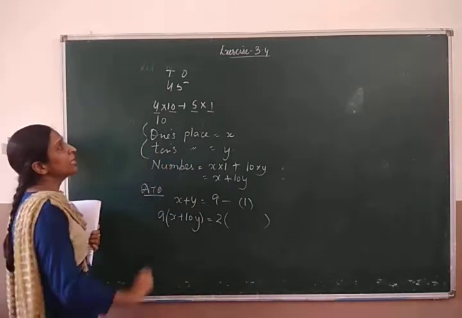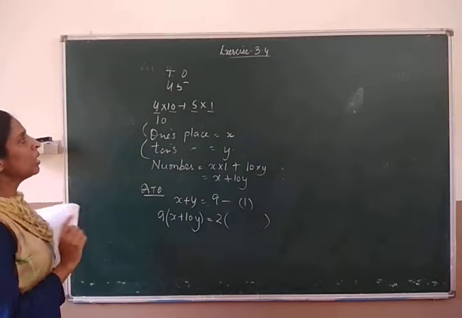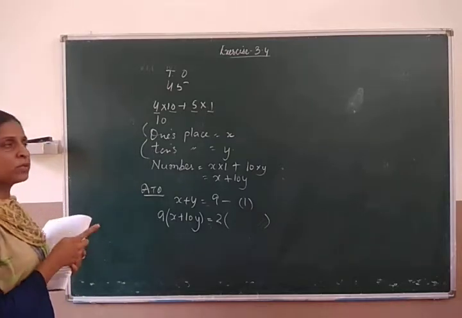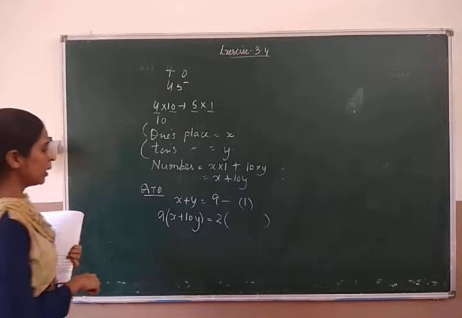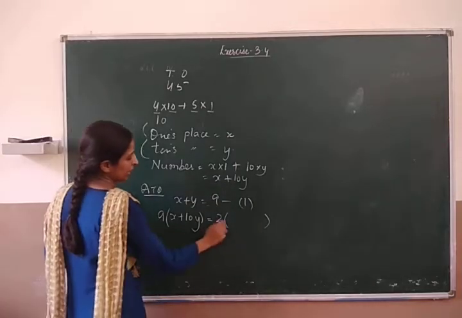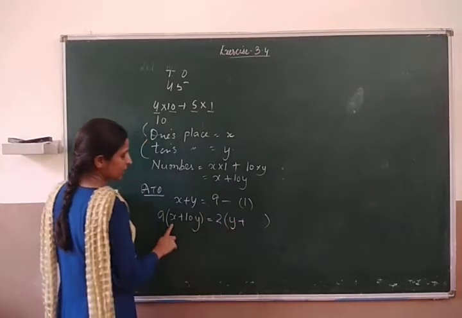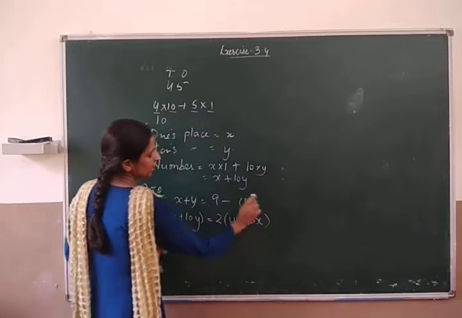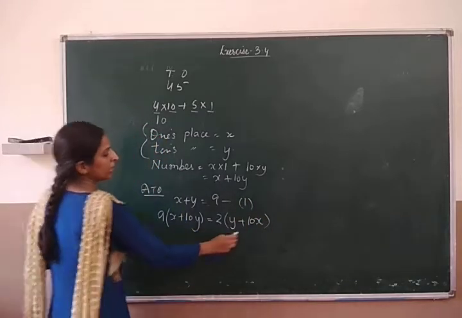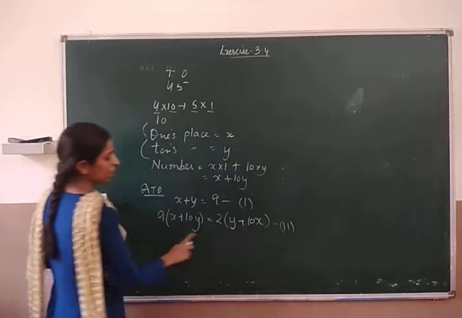ones. Like we had the number 45 earlier. Now the number will become 54. The ones place will become tens and tens will become ones. So here, in the same way, in place of x you will take y, and in place of y you will take x. So one equation you will get from here, you will get the value of x in terms